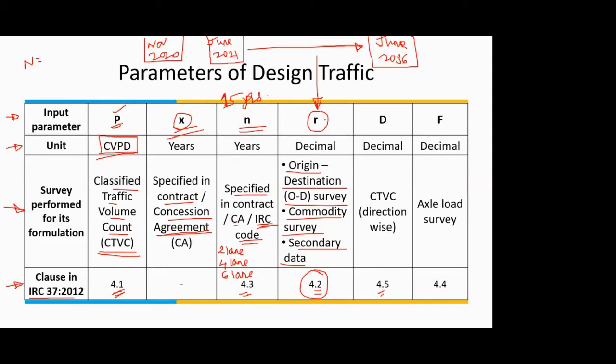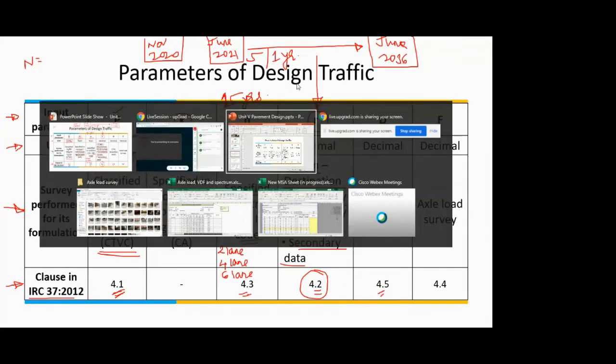Okay. And this growth factor, now I told you that you need to have a growth factor for June 2036, but directly you don't calculate for that. You calculate the growth factor for every 5 years, or maybe even every year. Okay. So every 5 years or every 1 year, you find out what will be the change in the growth factor. For example, let me show you.